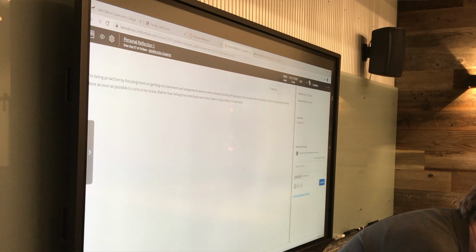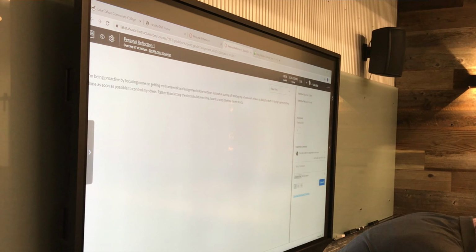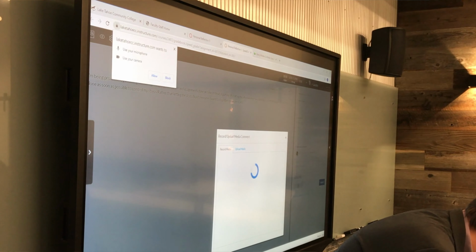One is choose a file. That can be, I believe, any file. I could have a PDF. I haven't tried doing it with a video file. You could also then record